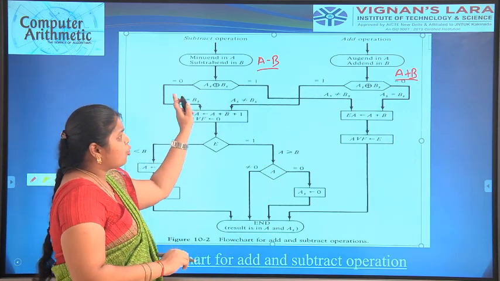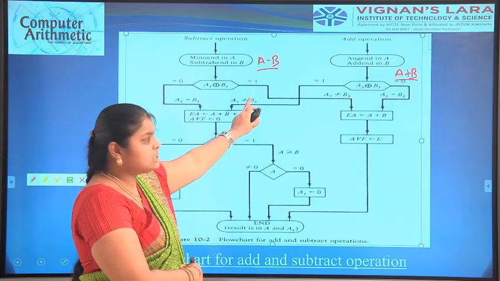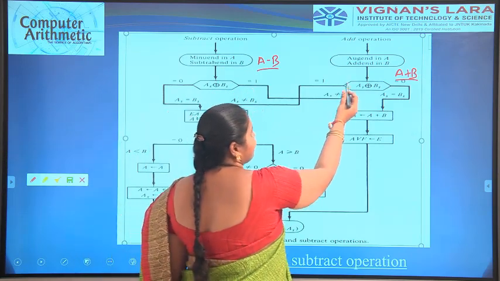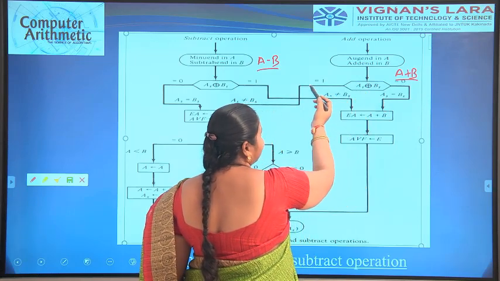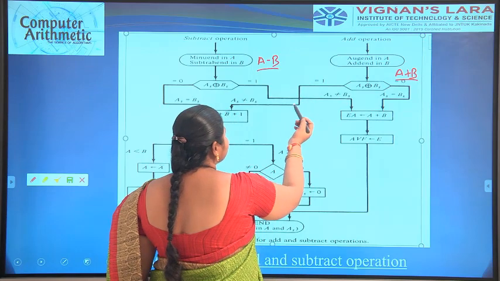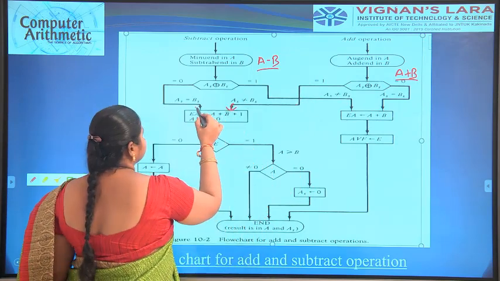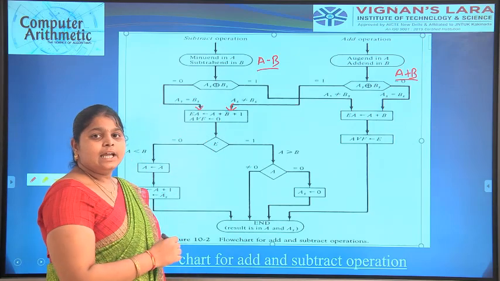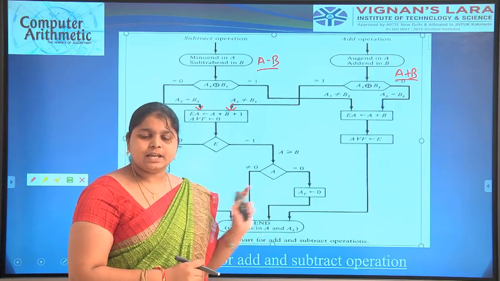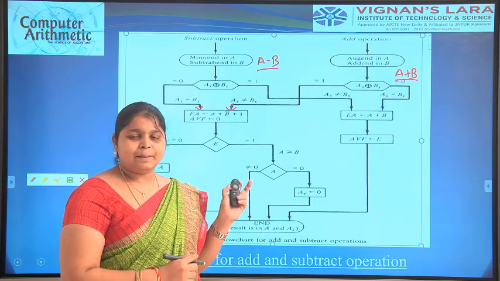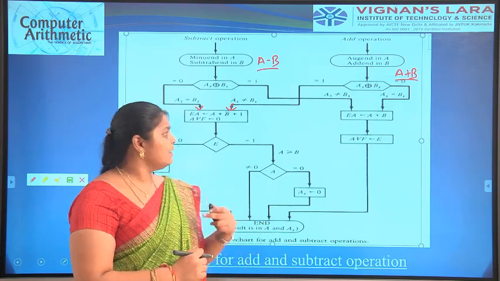Here we have to take both conditions, whether it is equal to 0 or non-zero, meaning 1. Here also in addition operation, whether it is equal to 0, the condition is like this, and if it is not equal to 0, meaning 1, the condition turns to this value. AS and BS, in the hardware implementation, are registers. You have A register and B register. AS is placed as the A register value and BS is placed in the B register value.